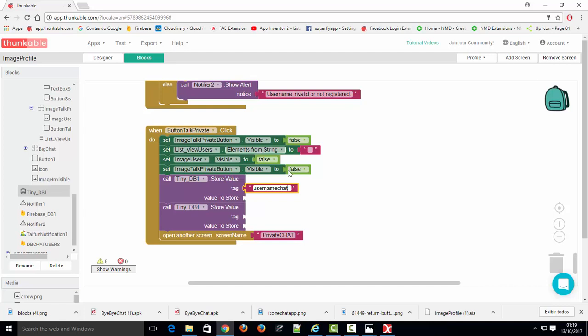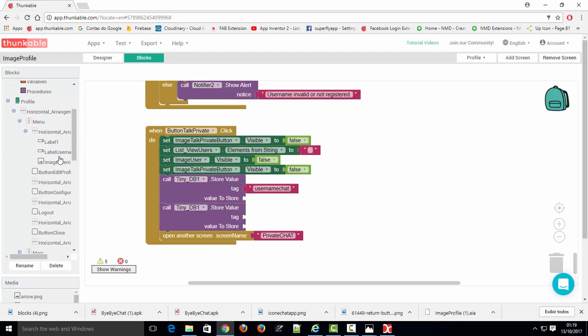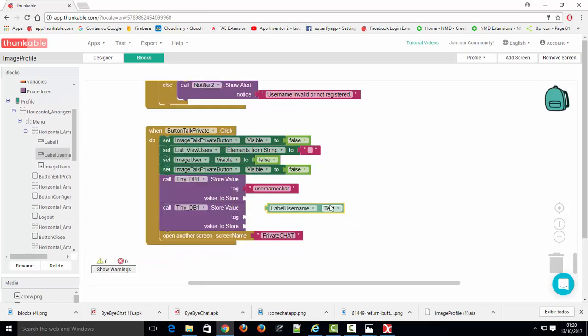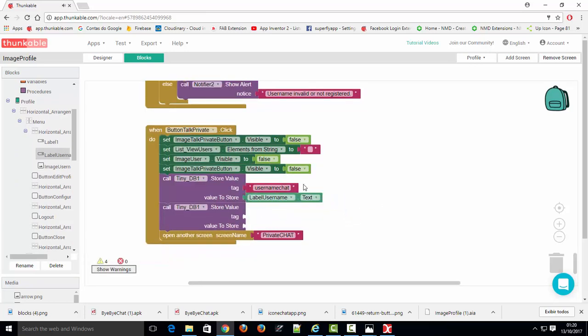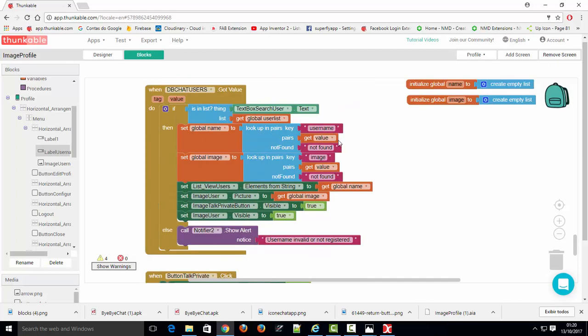I'm gonna call this as the tag as username chat, and this one here is the name of your user. And the second one is the friend name, and we get from here